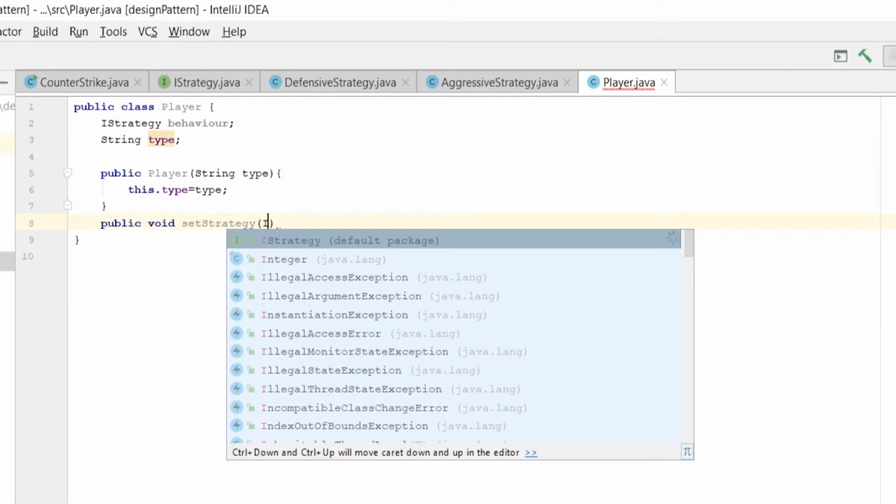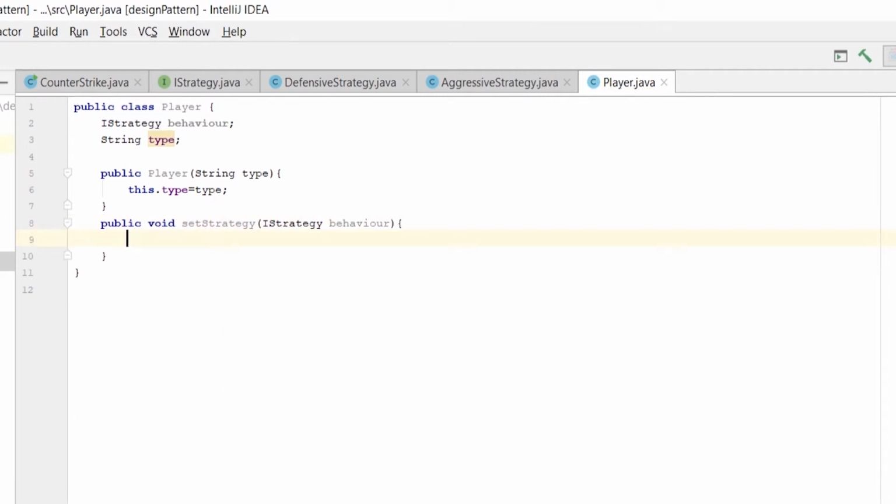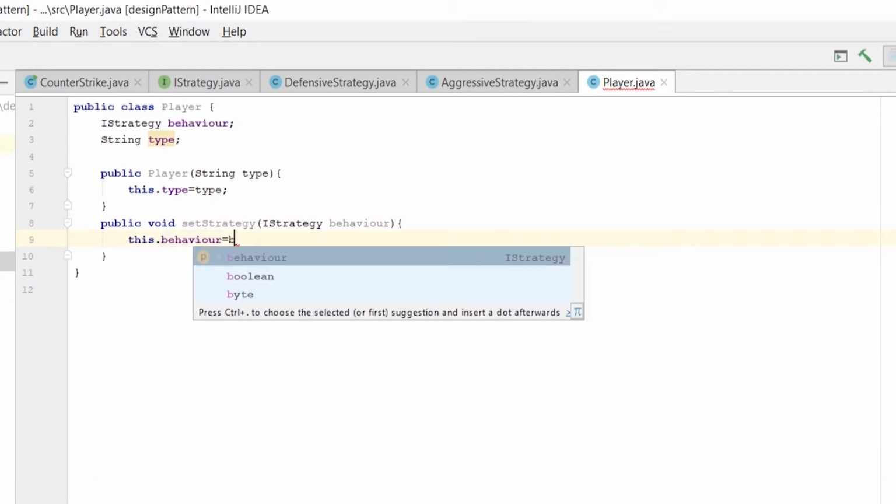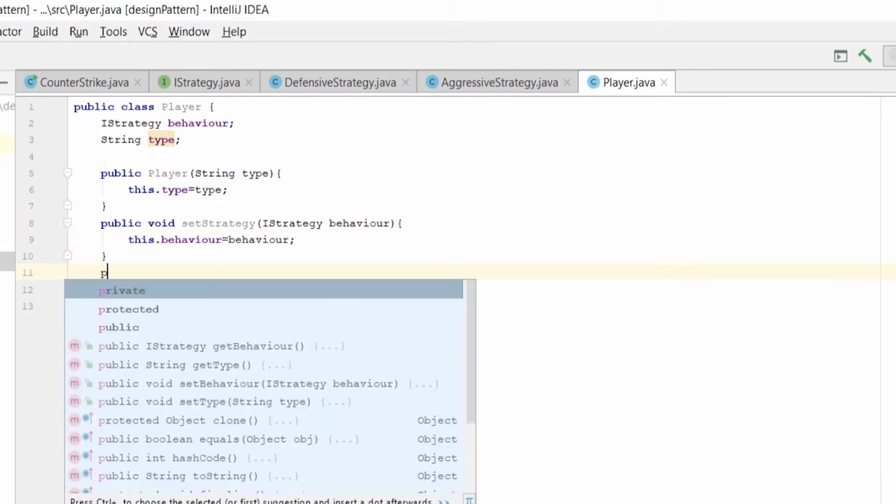And in the set strategy method, we will set the player behavior to this.behavior. This can be defensive or aggressive.